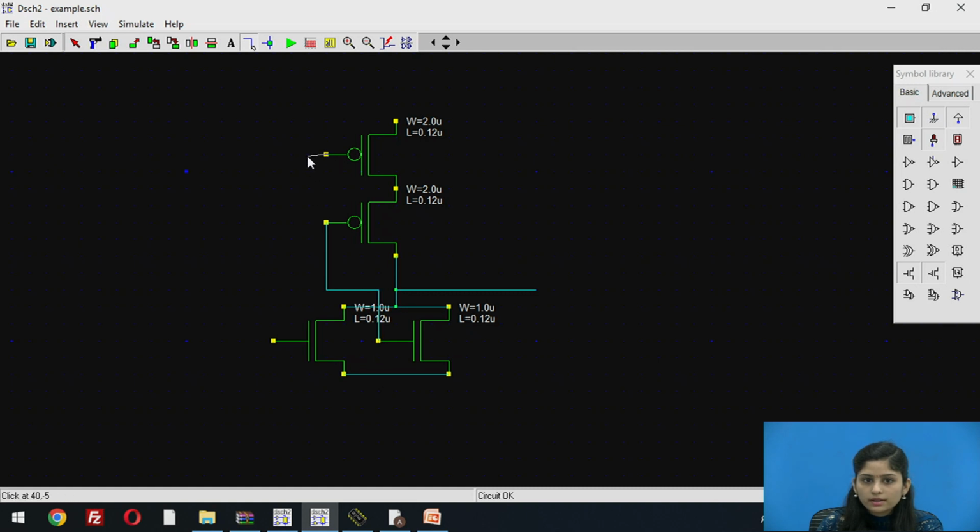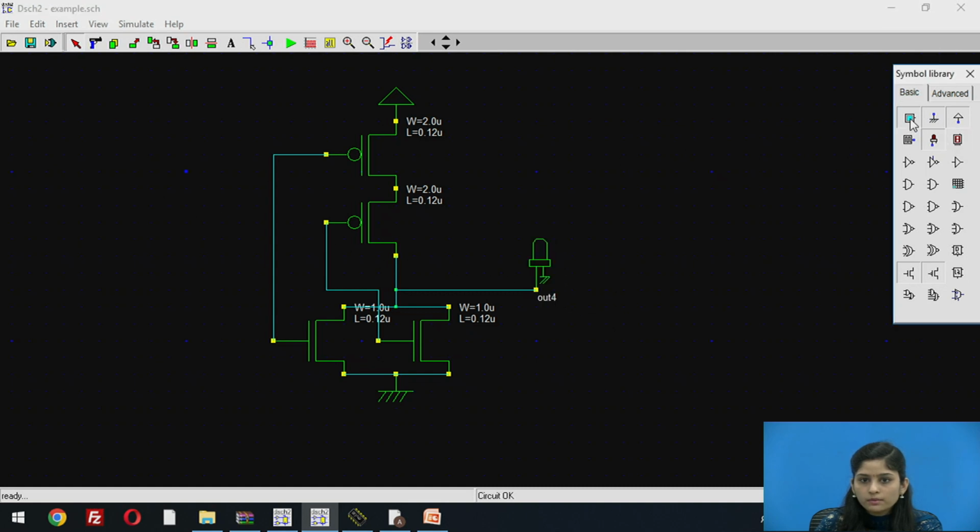Now we are connecting the gate terminal of the PMOS to the gate terminal of the NMOS. Now we have to add VDD to the source terminal of the PMOS, and we add the ground terminal to the NMOS, and we are using an LED to see the output here.